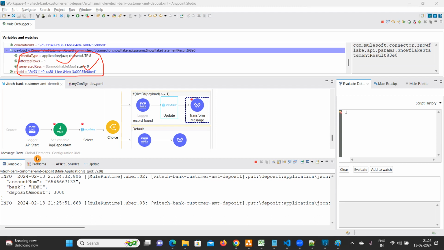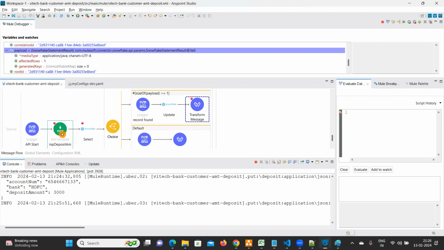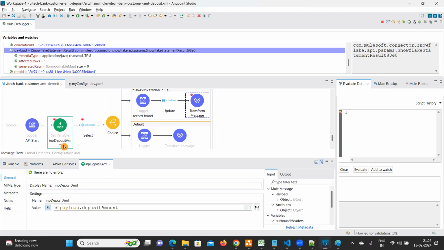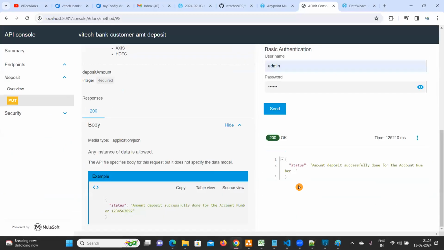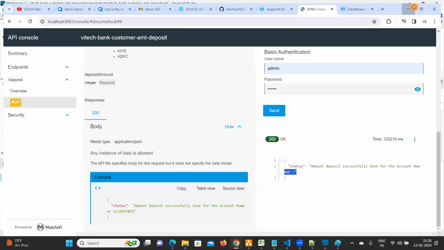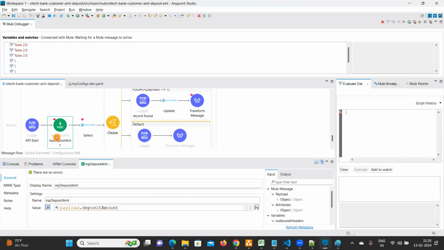So what you need to do, you need to create different variables, a different variable for account number. Or else, instead of creating multiple variables, first let me execute this one. See, now transform message. See, 200. Amount deposited successfully done for the account number. Which account number? This account number we have to get. To do that, what you can do here,